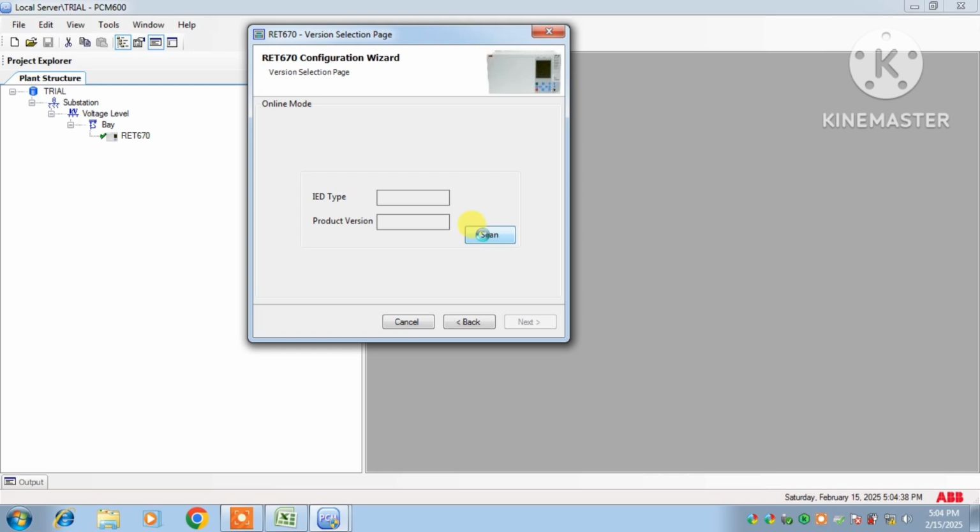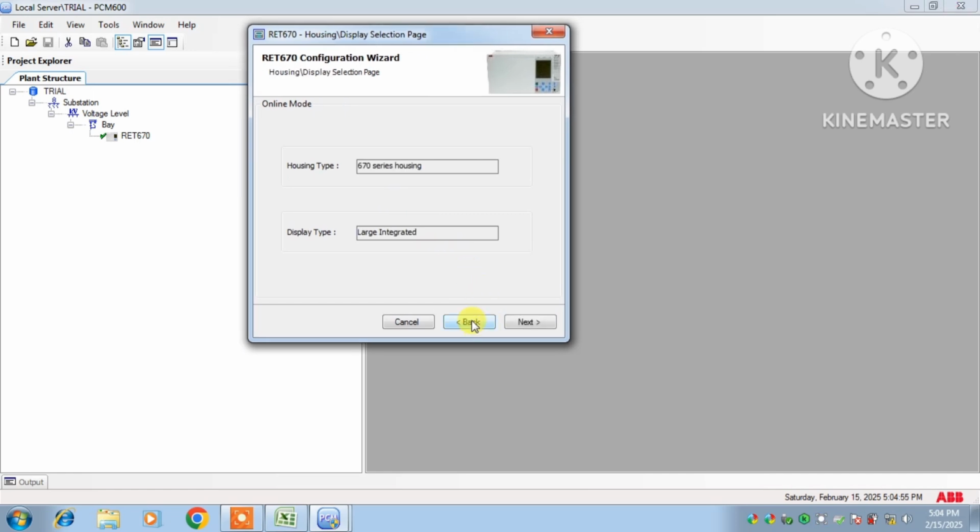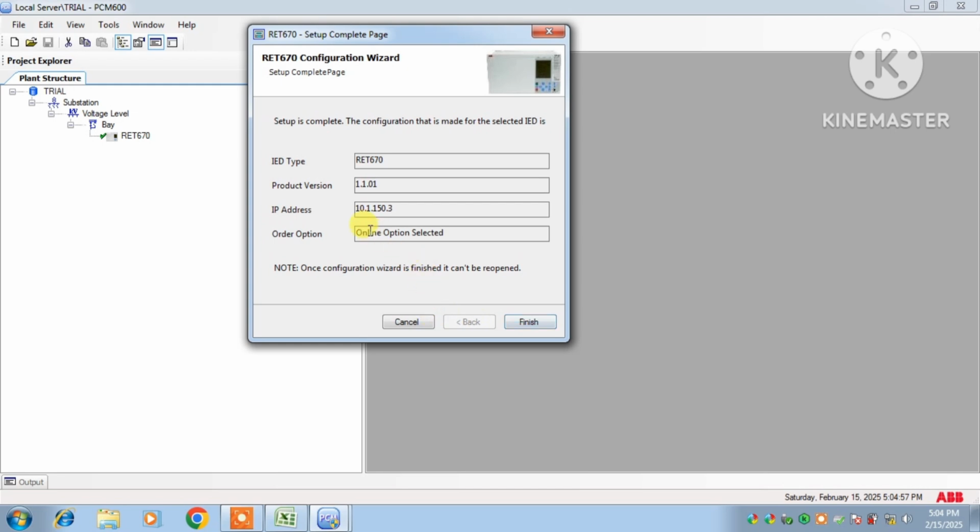The IED type and product version will come. Now go to next. The housing type and display type will come. Now this RET is already added to this structure, and if you click finish,